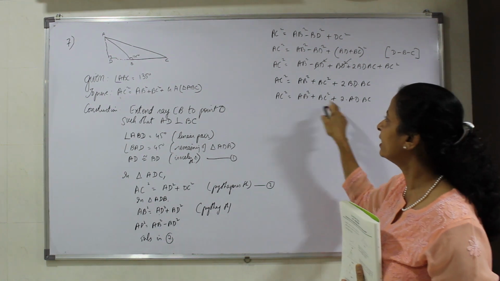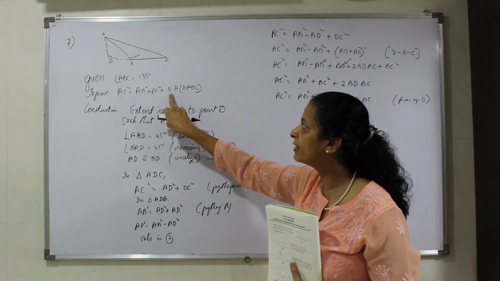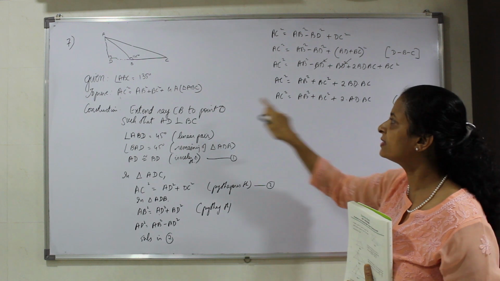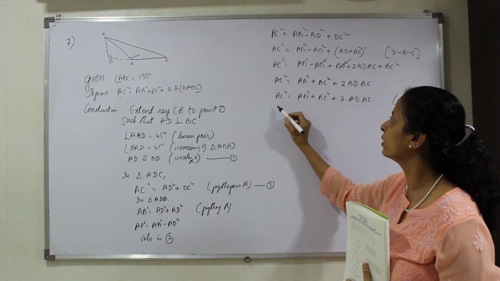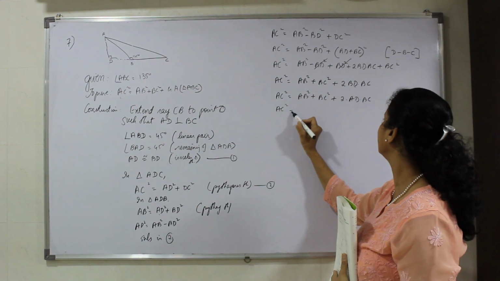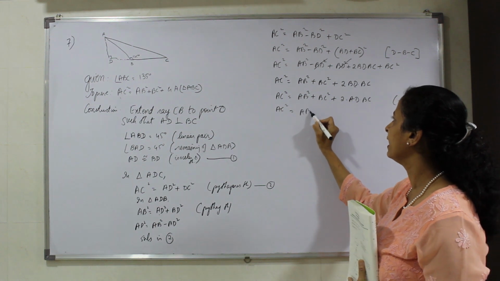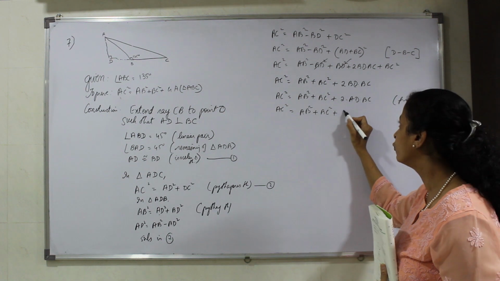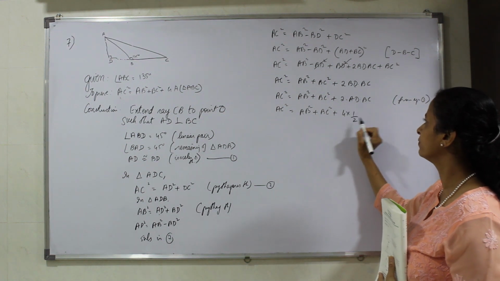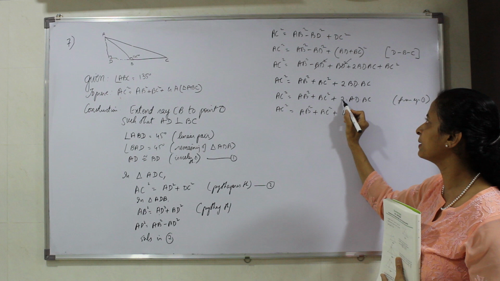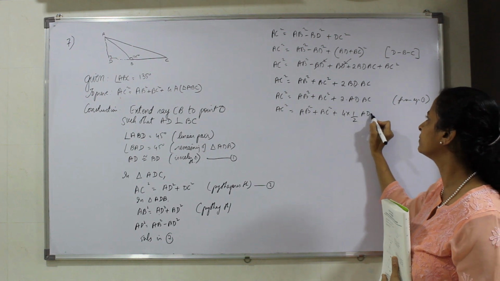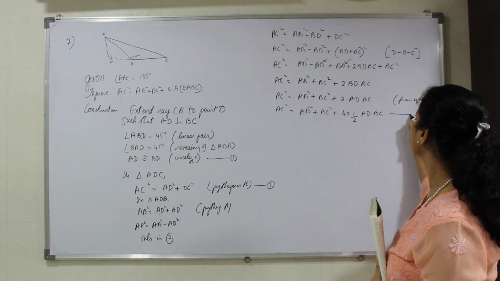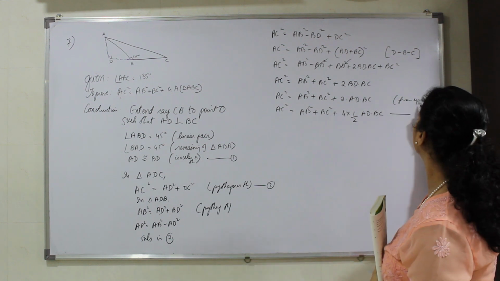Okay. Now looking into this answer here, we have a number 4 here, but we do not have a number 4, we have a 2 here. So making a slight arrangement so that I get a number 4, I can rewrite this as AC square is equal to AB square plus BC square plus 4 into half. Did you realize 4 into half comes back to the 2? And so it's a slight arrangement that I've done here, and I've left it like this. Now leaving this as equation number 3.